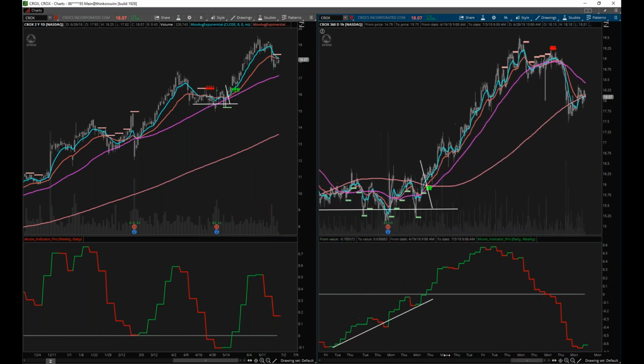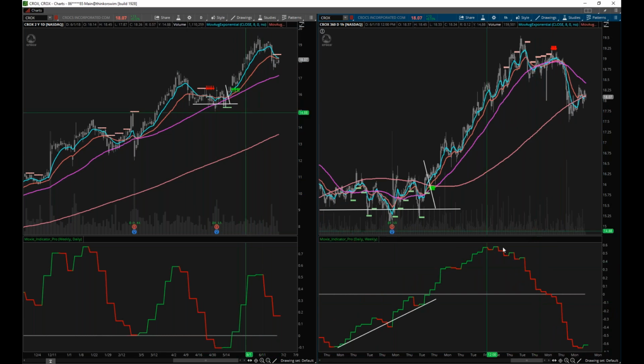So there you go. Straight in, straight out, using the same procedures. This is the divergence to the downside, just like that. We have our divergence to the upside. So you can clearly see these things coming and going.